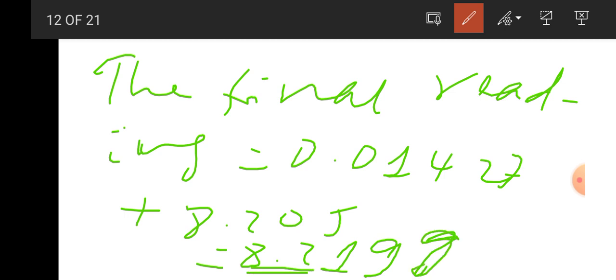This is the final reading of the balance. Next